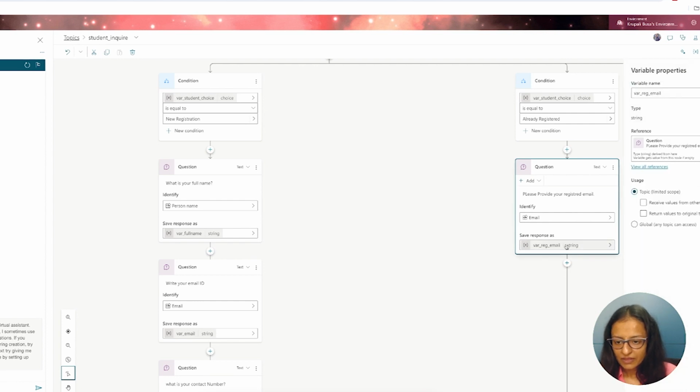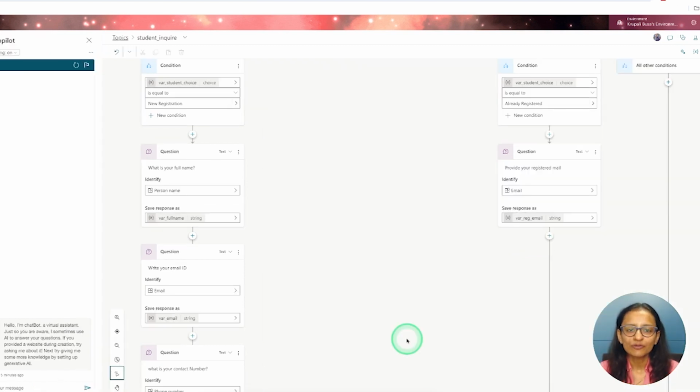And then after getting the registered mail from the user, I will pass that email ID to the Power Automate flow, and that flow will check whether that email ID exists in our table or not.